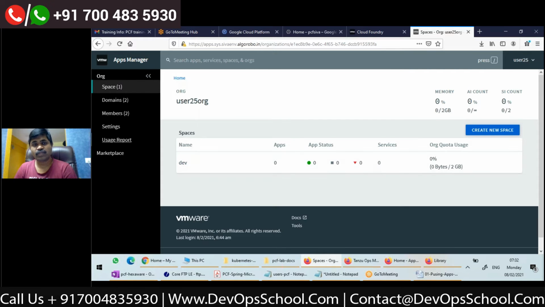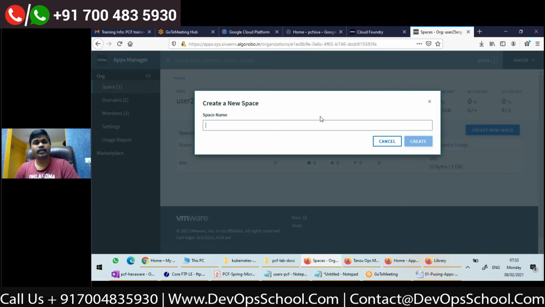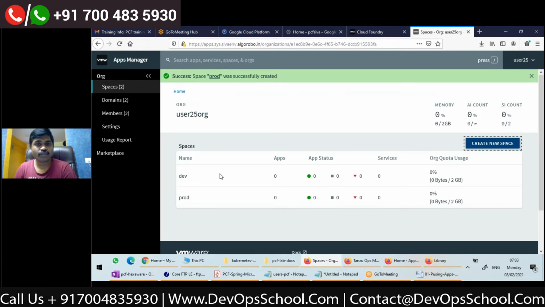Since it belongs to this organization, it has a maximum capacity of this org quota. So 0 bytes is used out of 2 GB, right? Now I can create a new space also, because the logged in user has the role of organization manager, right? He can create spaces also. I'll create a space called production, PROD, create. So now prod is available under user 25 org. Like that we can create.